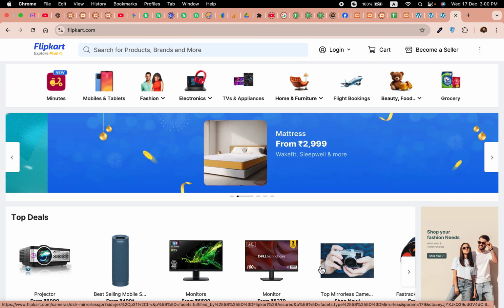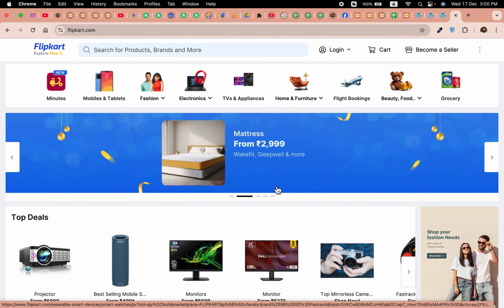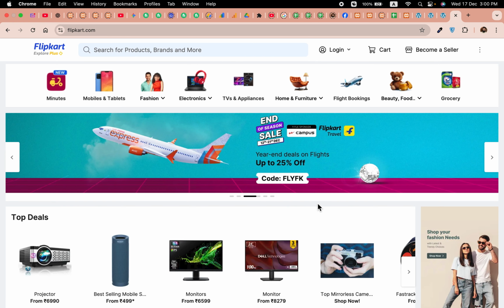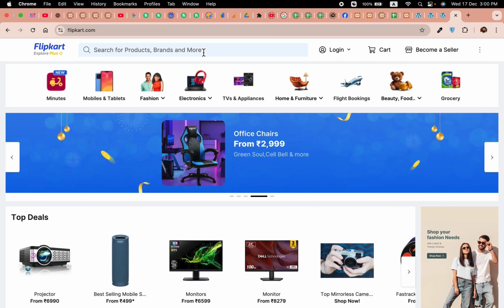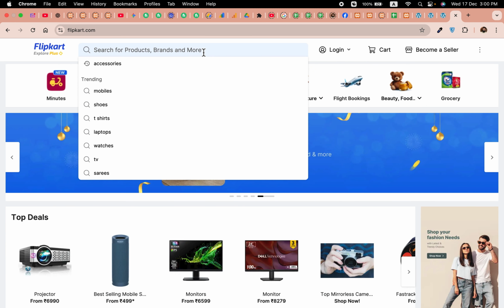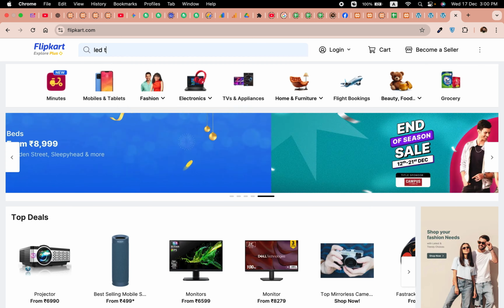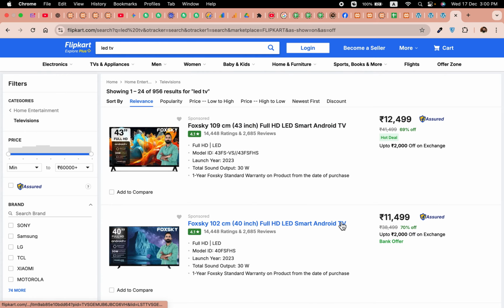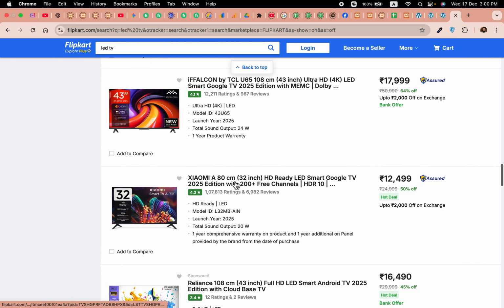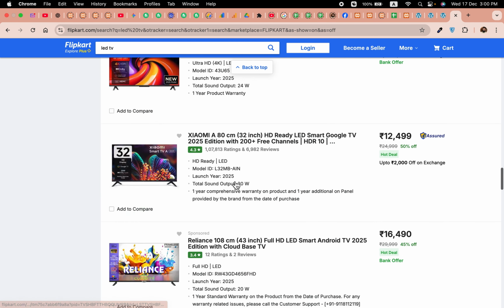In today's video, I'll show you how to scrape Flipkart's products and download them into a CSV. For example, if you are on the Flipkart website and you want to scrape LED TVs and get all this information into a CSV file, including the prices, the titles, the images, description, short description, and so on. So, for example, this is a list, and I want to scrape all these products and get them into the